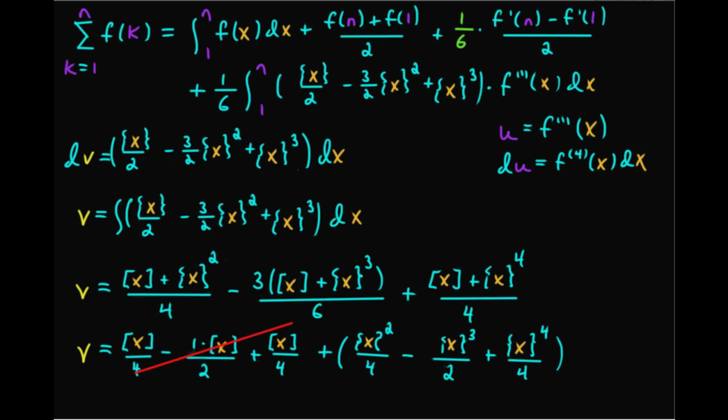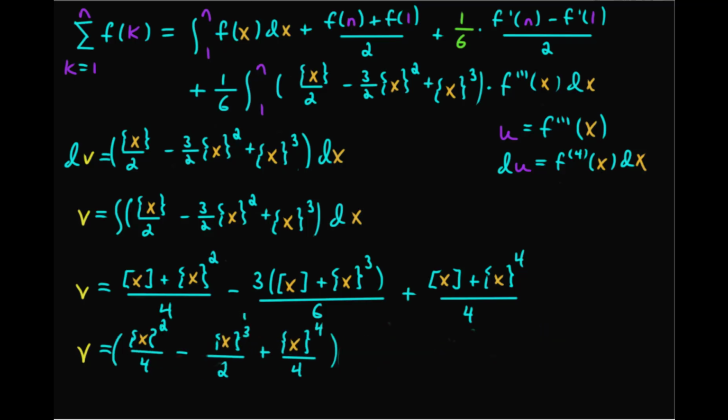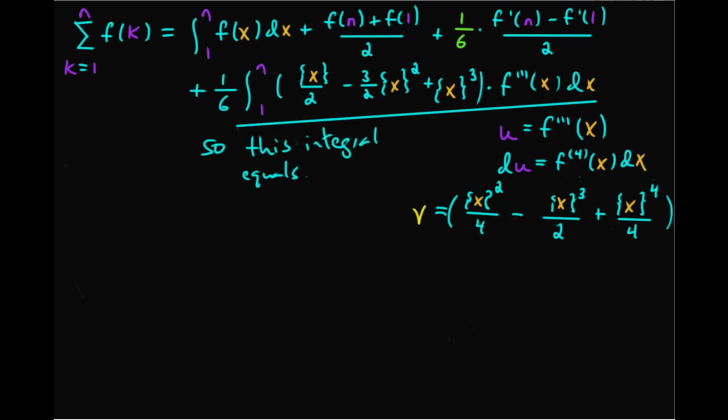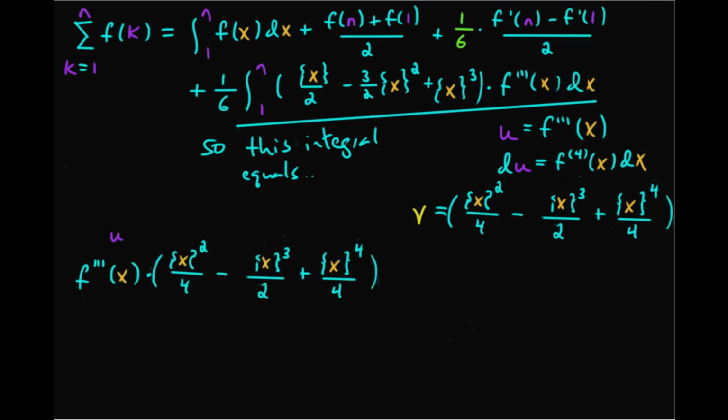And so the floor of x terms actually cancel. And so we're left with v being equal to the fractional part of x squared over 4 minus the fractional part of x cubed over 2 plus the fractional part of x to the fourth over 4. Well, that's nice. As we've already seen, we are very happy when v only contains terms in the fractional part of x. And so we have that our integral equals u times v, so f triple prime of x times v. I'm not going to read out that expression again,